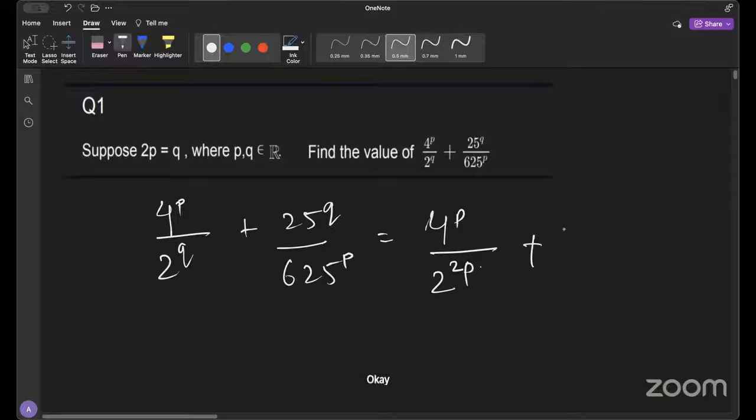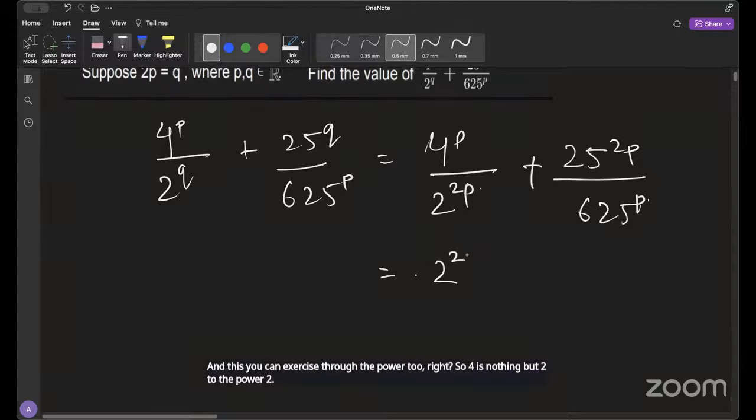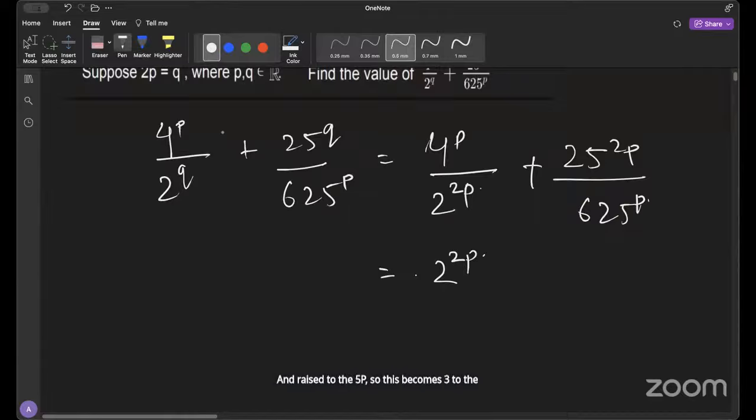Okay. So you have a 25 and then it's raised to the power q. Q is 2p and this is 625 to the power p. So now we have all the powers in p, and this you can express as 2 to the power 2, right? So 4 is nothing but 2 to the power 2 and raised to the power p. So this becomes 2 to the power 2p. That's the rule for indices, right? That if you have this thing, then you can just multiply p with 2. So you get